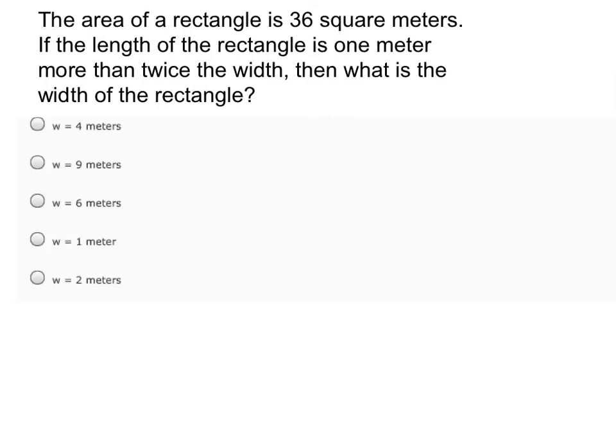The area of a rectangle is 36 square meters. If the length of the rectangle is 1 meter more than twice the width, then what is the width of the rectangle? So let's define our variables and let L equal the length, and we'll let W stand for the